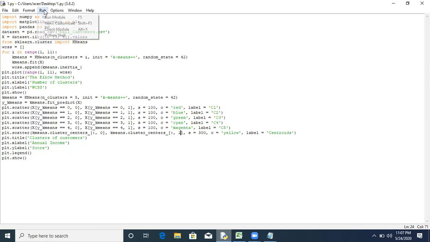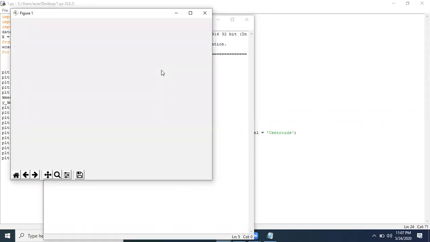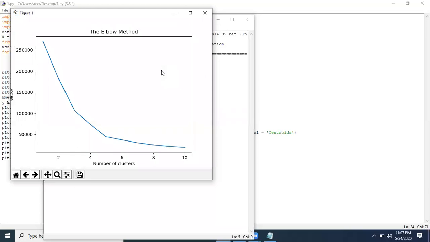Now we'll run this code. So this is the elbow method graph. As we have already discussed, this is WCSS versus number of clusters.